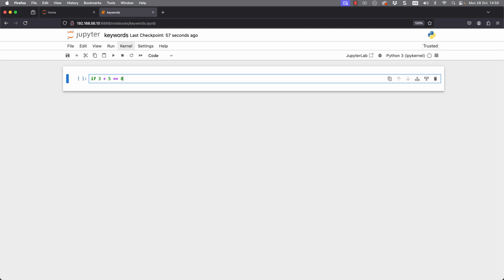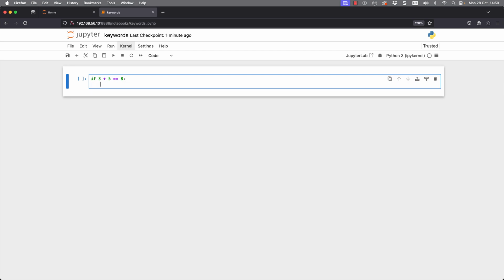Let's set up a very simple if statement. So I can go through and have if 3 plus 5 is equal, so we're testing the equality, is equal to 8. We don't have then as a keyword. We don't need then. We just put a colon to specify that we are entering a block of code if this condition evaluates to true. As I then hit enter, you can see that we are indented. So the code we are now executing belongs to the evaluation of true for the if statement.